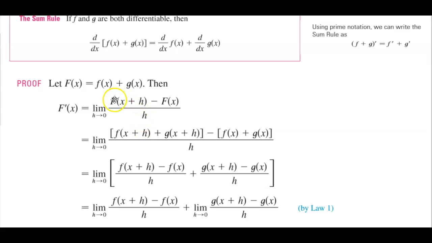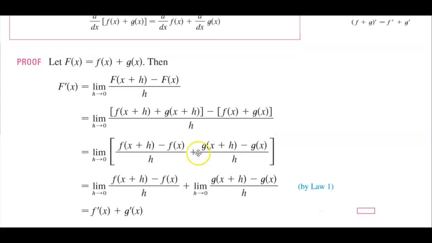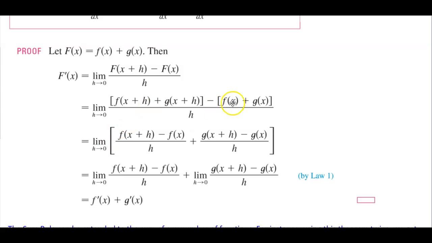Okay, now we're going to replace this capital F of x plus h with f of x plus g of x. So the limit as h approaches 0 of f of x plus h plus g of x plus h minus f of x plus g of x. Now, we're going to combine all the f of x's on one side and all the g of x's on the other side. So if you take a look here, we have f of x plus h minus f of x, divided by h. And then we're going to get g of x plus h minus g of x